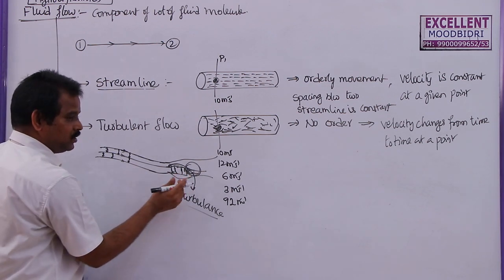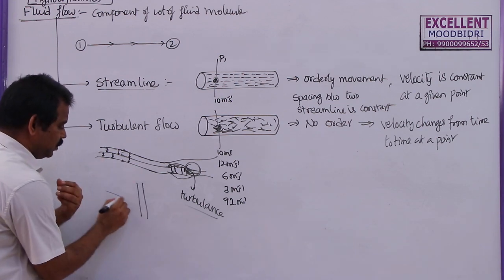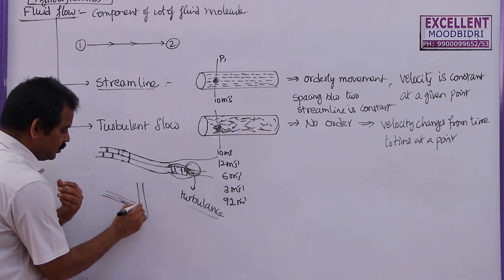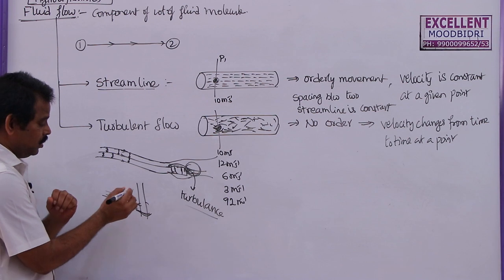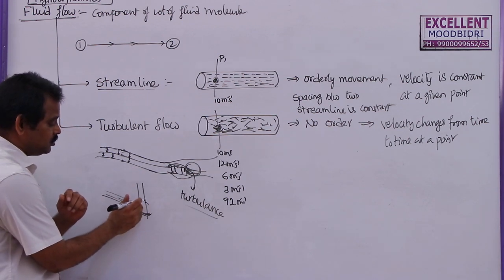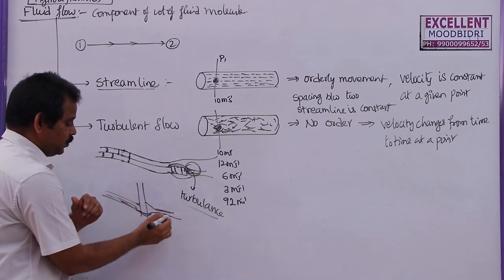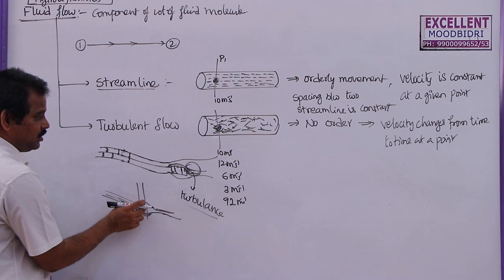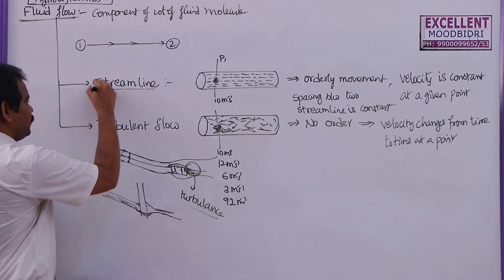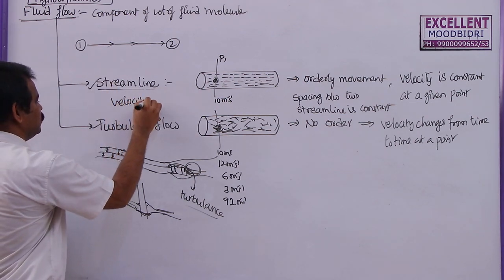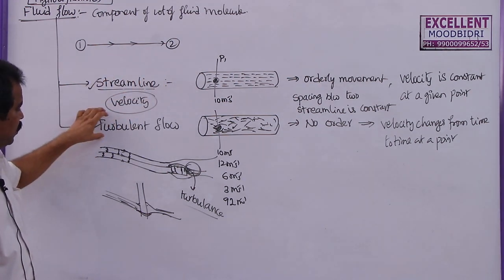So you can see this turbulence in many cases. If you take a bridge, so if you take the pillar here, when the water is flowing from one place to another place, at the pillar you can see the water will change its direction. There the color of the water will change. So the color of the water is changing because the velocity is changing. So you can see some foam also in some cases, and then water flows as usual. So this turbulence is occurred because of the change in the velocity of the flow only. So the main difference between these two is velocity. So depending on the velocity, we can decide whether the given flow is streamlined flow or turbulent flow.